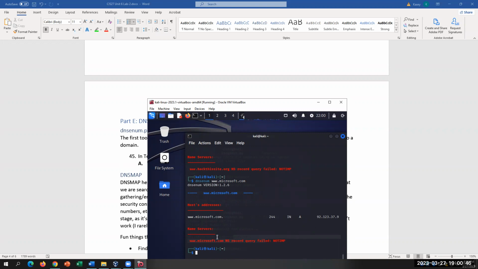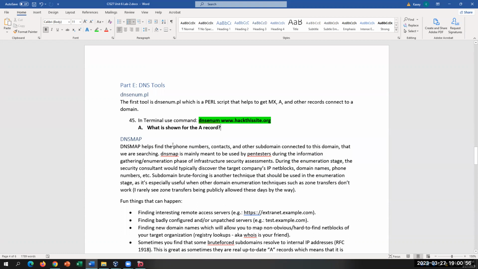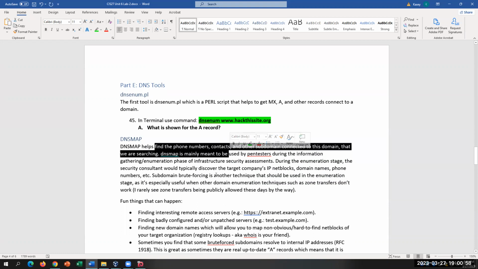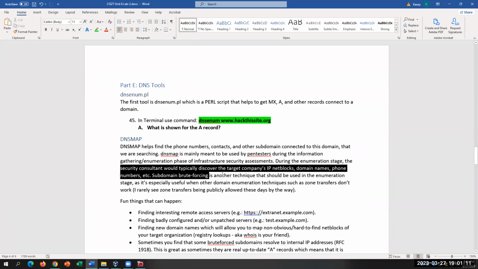Now, it tells me there's no NS record, query failed, so it's not able to do that. So another tool that you can use is dnsmap. This is a way that we can find additional information about contacts, individuals, and associated information with the domain itself. Okay. And so in enumeration, what you would see is that